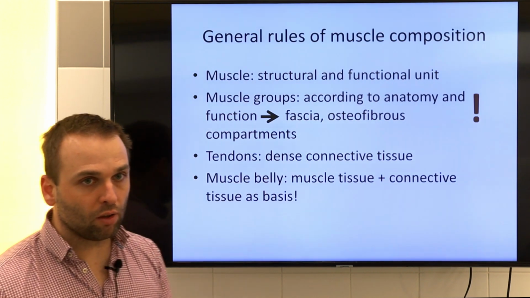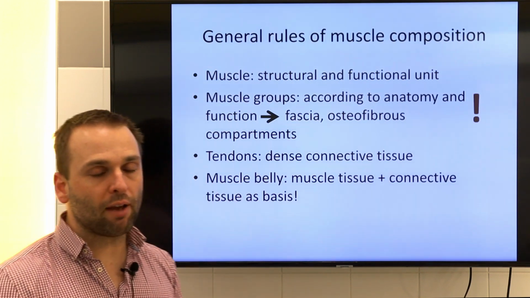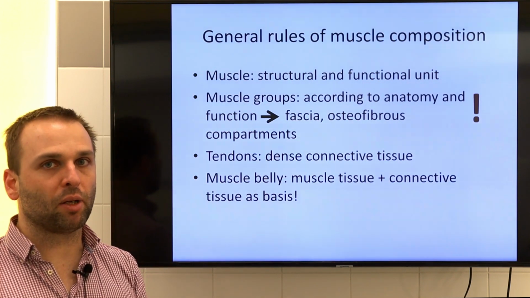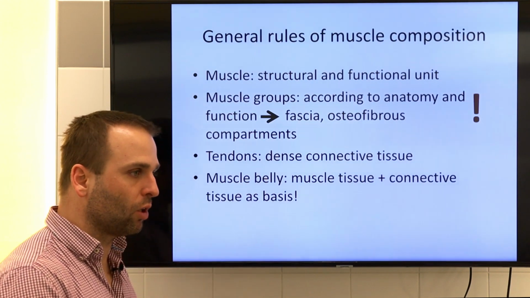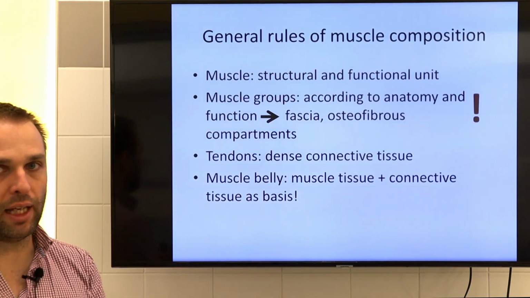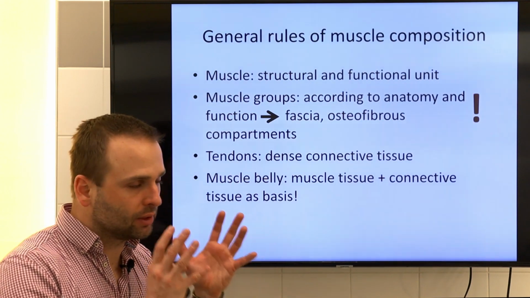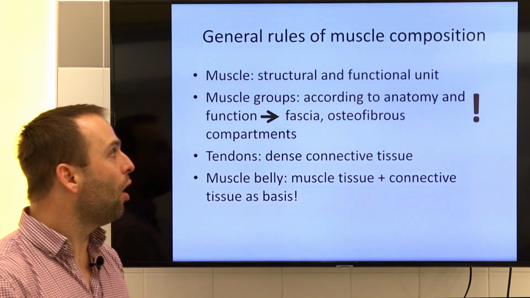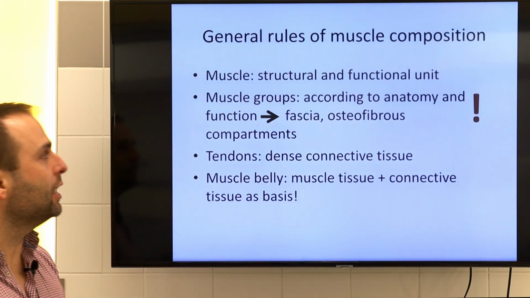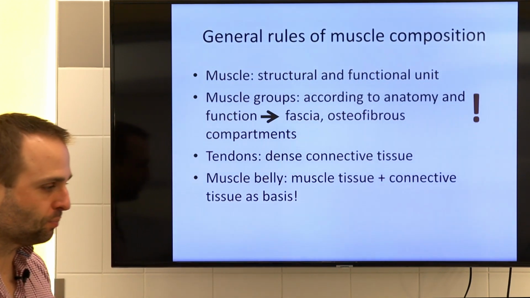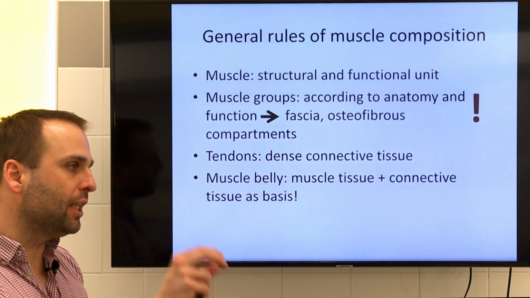So the general rules of skeletal muscle formation and composition. First of all, each and every muscle in itself is a separate organ of the human body. This means that it is also a structural and a functional unit as well. But according to anatomical relations, so found on the same area of the body, and function, they can be put into muscle groups. Each of these muscle groups has a connective tissue layer encapsulating it,